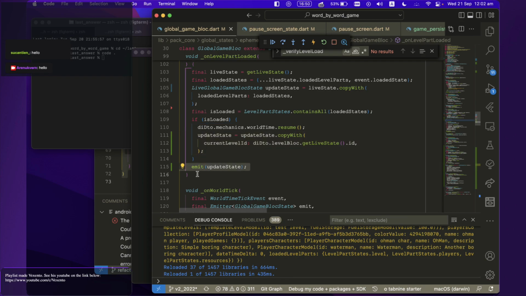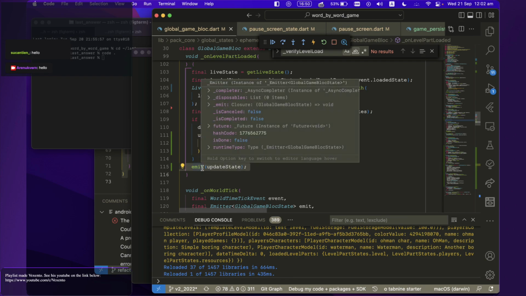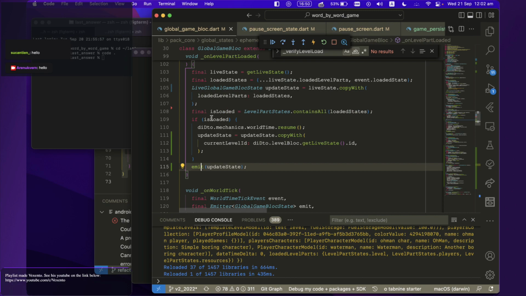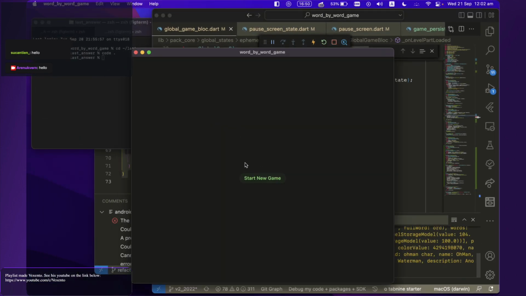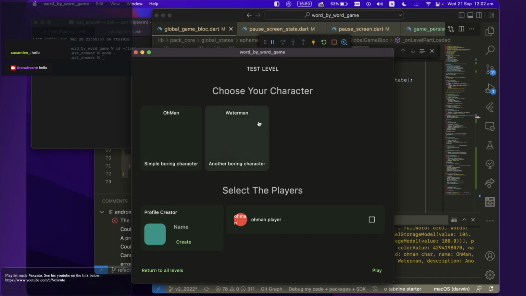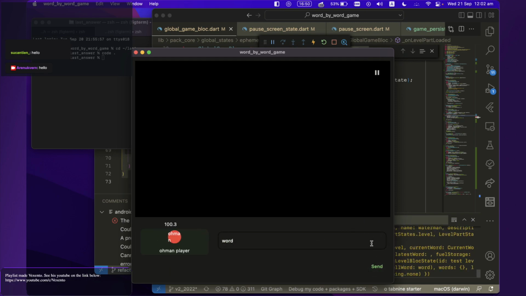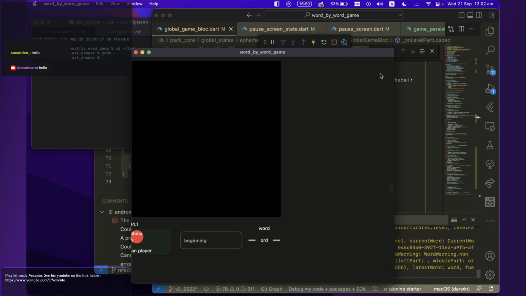So at the end we need to call emit in any case, if that level is loaded or not loaded, still should call it. Let's run a game, start level, choose character, choose player, play, write a word, send, go